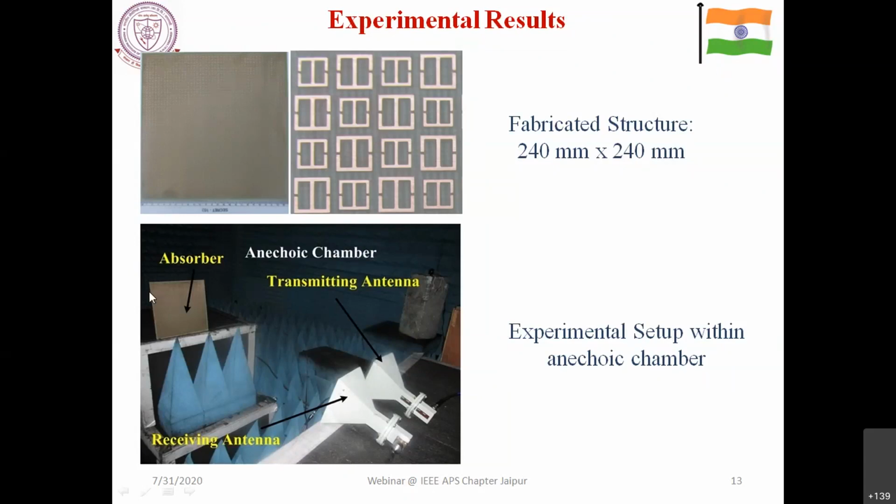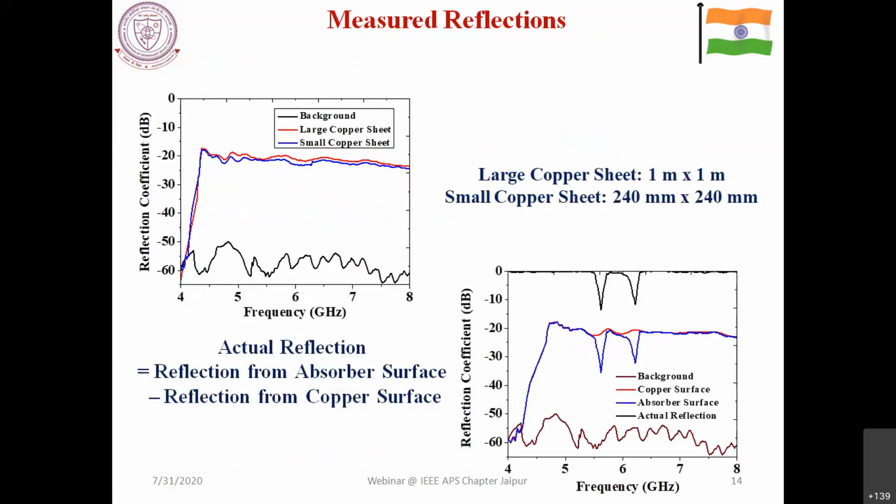And you place the structure in the far field. So what is happening from this transmitting antenna? One wave is incident on the surface, gets reflected back from the structure, and is received by the other antenna. Right? This is the simple mechanism. Okay? And these antennas are connected to a vector network analyzer. Before you take all these measurements, you have to calibrate it. Calibrating means you have to make a certain reference, right? You have to think of a particular structure from where you get complete reflection.